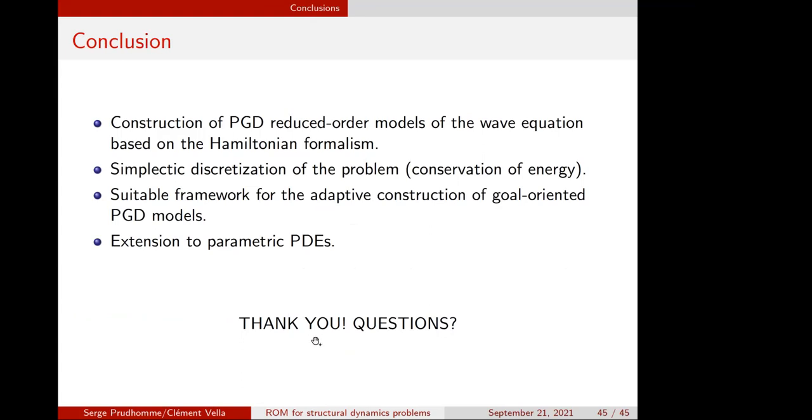This is what I just said. I think this is the suitable framework when we want to use a method for adaptively constructing PGD models. And of course, the idea next is to extend these ideas to parametric PDE. So we would do in that case separation with respect also to the parameters in order to be able to use. Thank you very much, and I would like